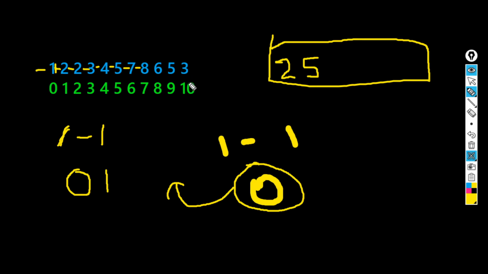Now 3 minus 1 is 2. So 2 is negative, so we'll push back this, so 3. So our answer will be 2, 5 and 3. So this will be our answer, where the answer will be 2, 5, 3. Now what we are trying to do is, whenever a digit comes, we will go to that index and multiply it by -1. And when the same value comes again, we'll go to the same index